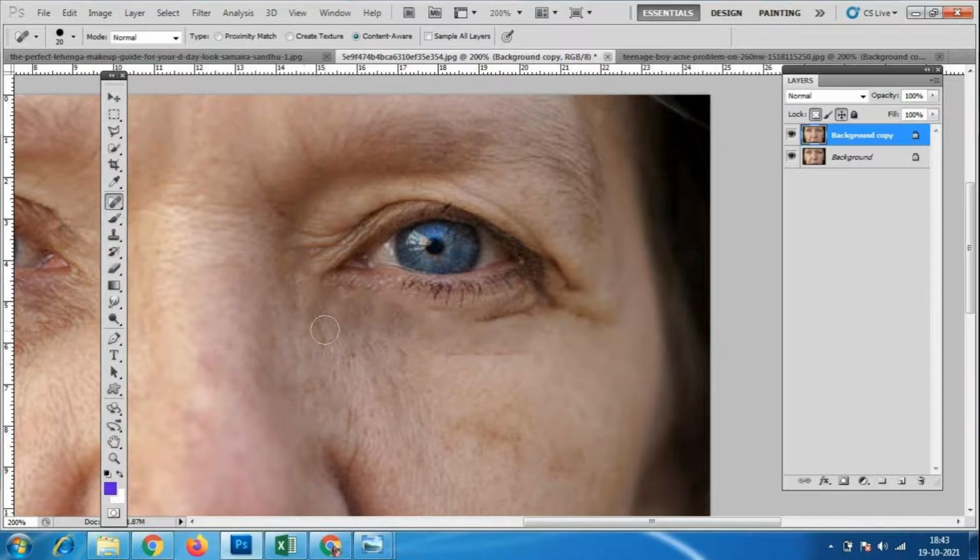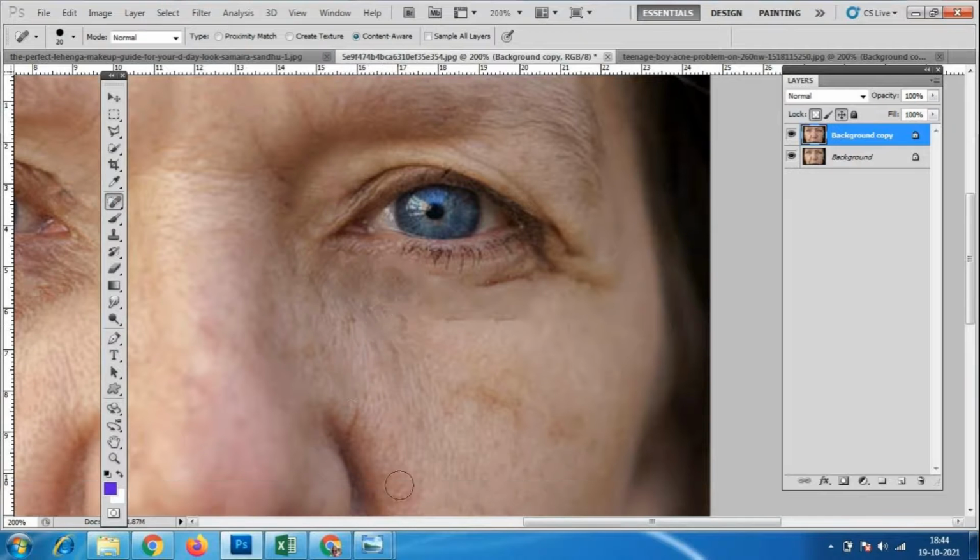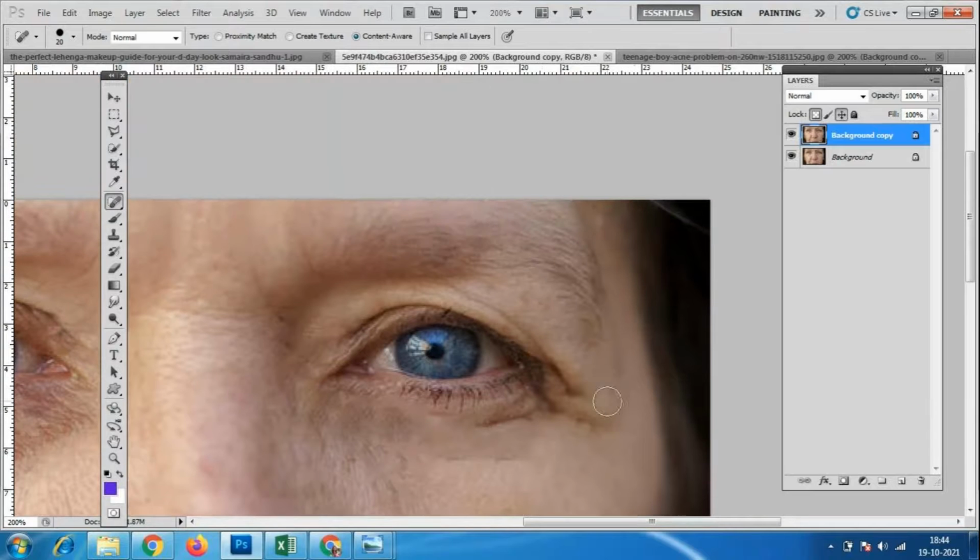Only those things you can remove. Don't remove these curves and all, because sometimes those things are necessary. We cannot lift it; we would have to cut and copy it from some other images. If you are very creative, think and do it. Okay, it's possible.